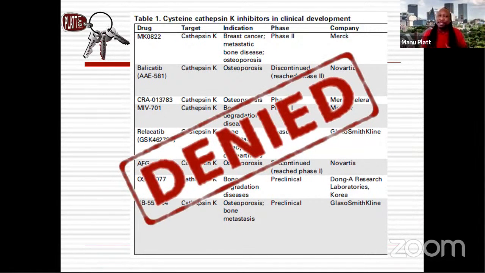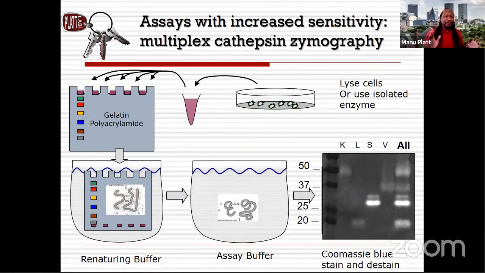And so we are also trying to understand what are ways these enzymes are regulated that we can use them for these diseases. So I'm gonna skip through some of the details here, but I normally have this as a nice animated slide. But I said that cysteine cathepsins are quite challenging to study because they are promiscuous. So they are denoted by letters. So K, L, S, V are the ones that I care a lot about. They are promiscuous with their substrates. They denature under neutral pH over some length of time,